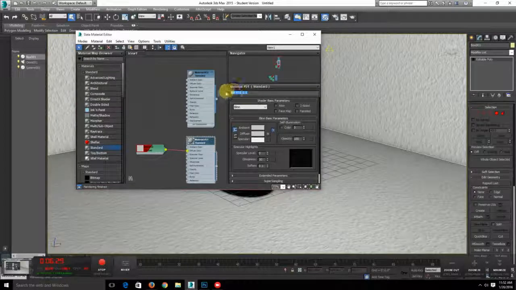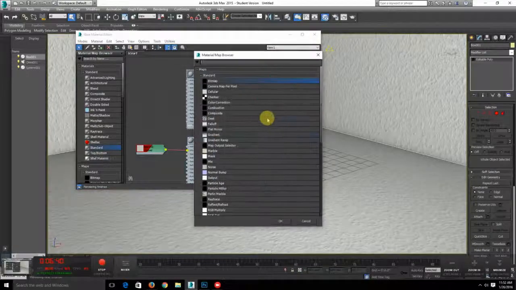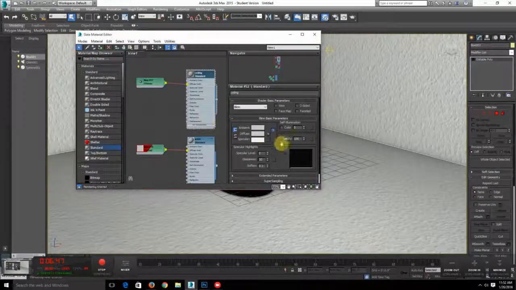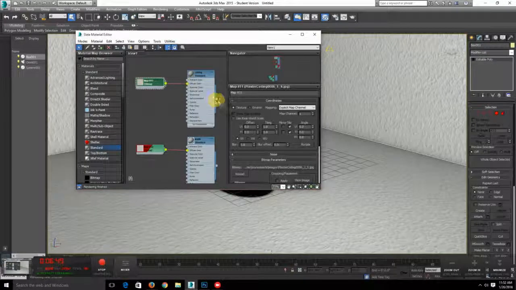Oop, almost forgot. I need to name this walls over here. And this is going to be ceiling. Okay, so I'm clicking the little dark box. I'm hitting bitmap and choosing plaster ceiling. And in this case,